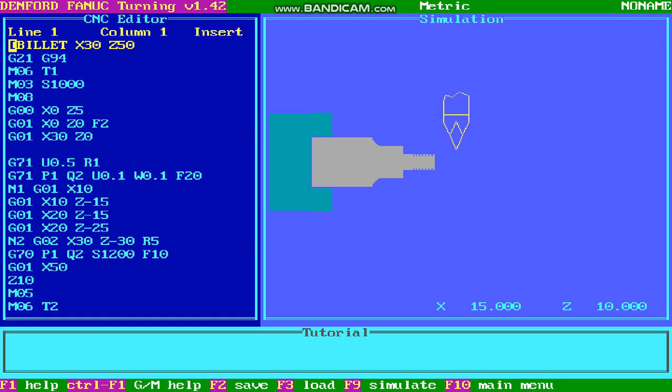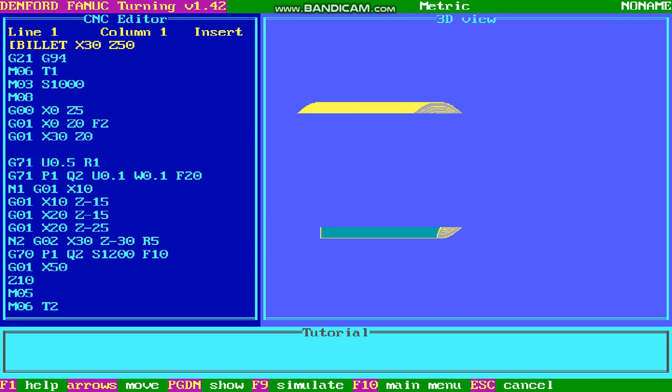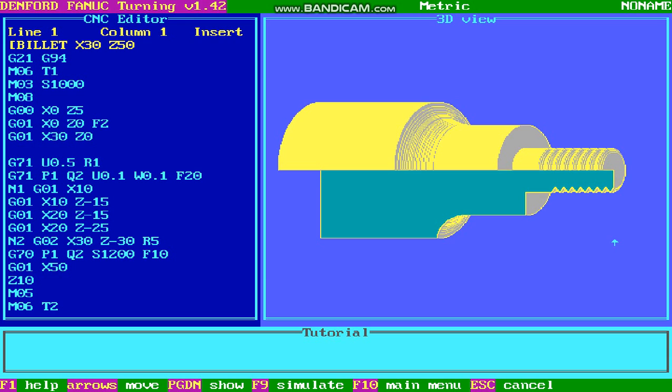If you want to see the 3D sketch, press F9, go to the 3D view, click on the 3D view and press enter. So in addition to the turning program which you had carried out earlier, you are incorporating the threading program. As you can see at the end, at the right hand corner, you are able to see the threads. So this is your turning program with thread cutting. You are using G92 as your thread cutting cycle.